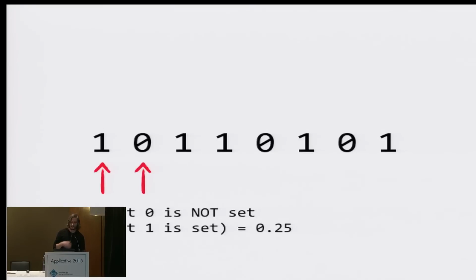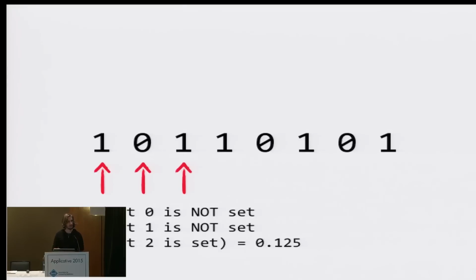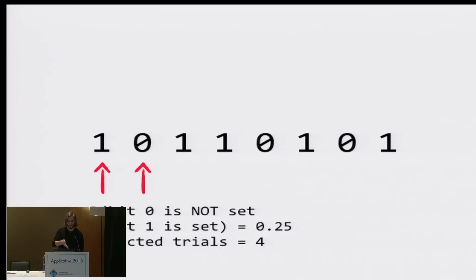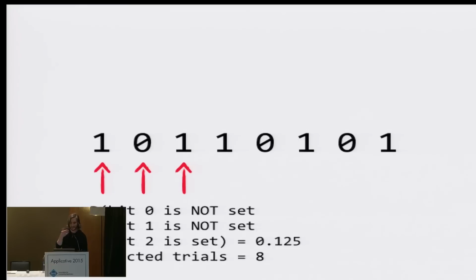If that's the case, then you could say that the probability that one particular bit is not set and another specific bit is set is 25%. And if you take that further, 12.5%. You can probably see where I'm going with this, right? So starting back at the top, if the probability that bit 0 is set is 50%, then the expected number of trials until we see that bit set is 2. Likewise, bit 0 not set, bit 1 set, 25%, the expected trials, 4, and so on. So in this case, the expected trials is equivalent to the number of unique IP addresses until we expect to see this thing.